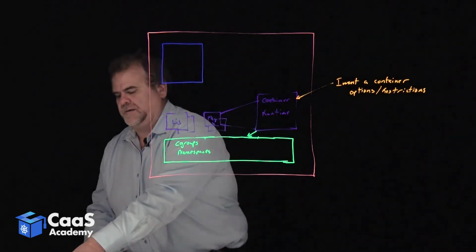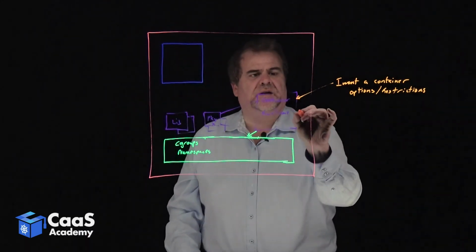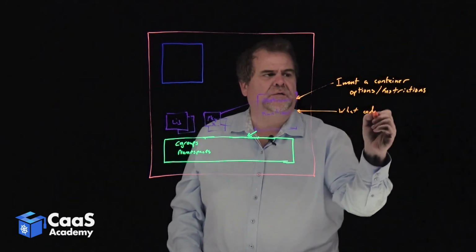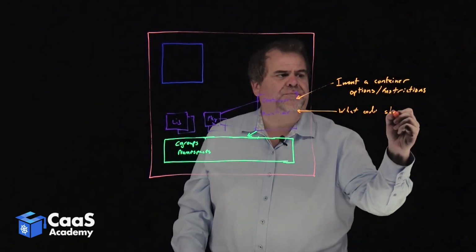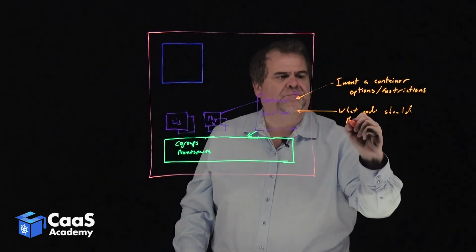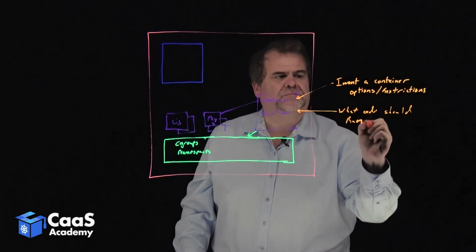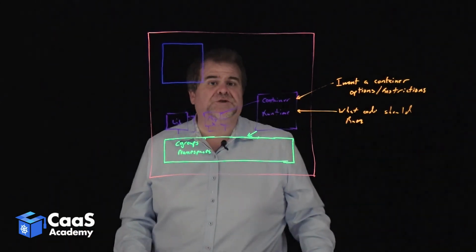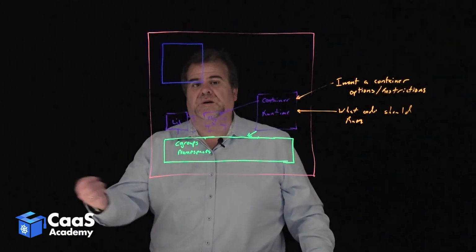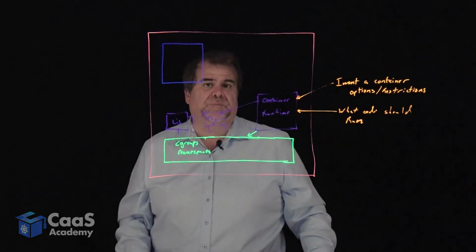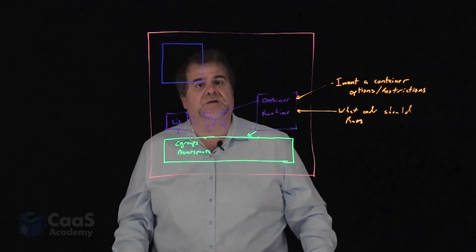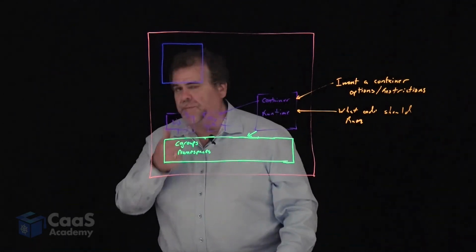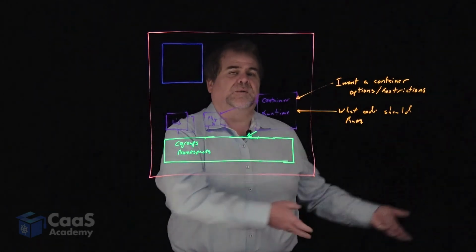The next thing, I tell the container what code should run. So this might be a pointer to a pre-built container image. It might be a pointer to a Git release, or it might be a pointer to a repository. We'll talk about repositories a little bit later in another session. But basically, now I tell the container runtime, either here, this is how I want you to build